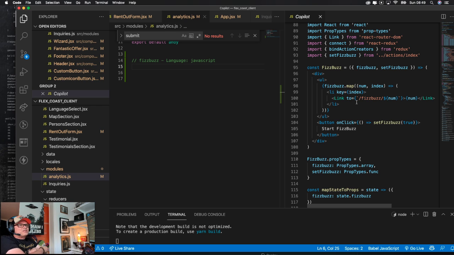FizzBuzz is a kind of common interview challenge. It's a numbers game where you count up from 1 upwards, but if you hit a number that is divisible by 3, you say fizz, and if you encounter a number that is divisible by 5, you say buzz.